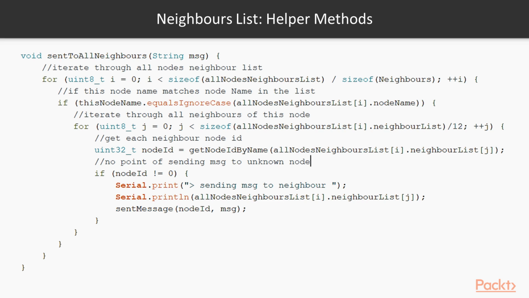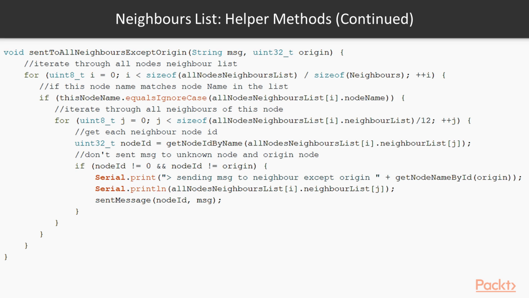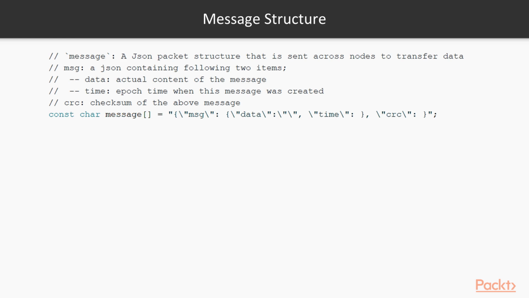And we define the helper methods to send the message to all of the nodes. I have mentioned the comments on each line, so I don't have to go through explaining line by line, but I guess it's pretty simple and straightforward to understand what's happening here. Another similar method does exactly the same thing, but sends the message to all of the neighbors except the origin. Here is the JSON message structure that will be used to send the messages across the nodes in